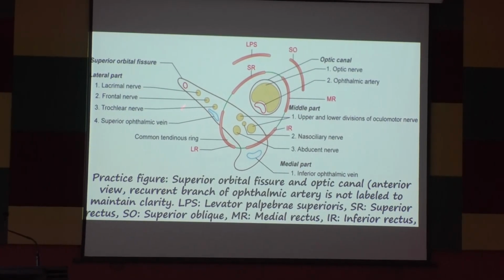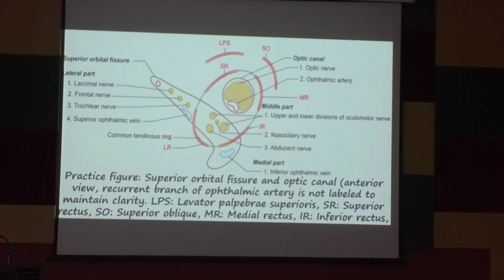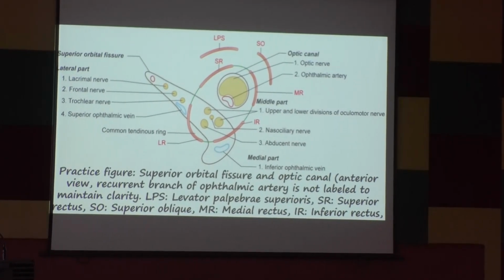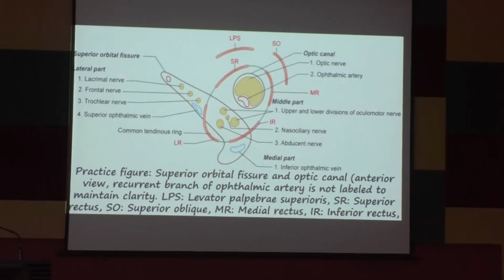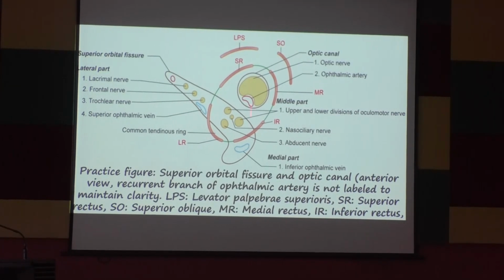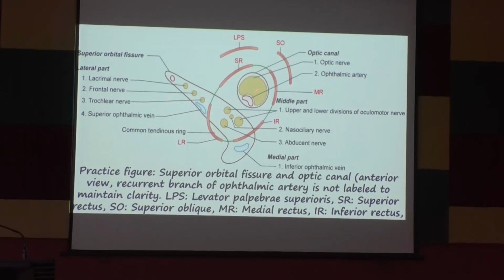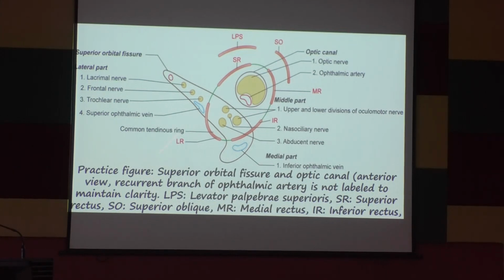Okay, and this oval-shaped ring is known as the common tendinous ring, or annulus of Zinn. It gives origin to the four recti muscles. The four recti muscles are superior rectus, inferior rectus, medial rectus, and lateral rectus. These are the four recti muscles originating from the annulus of Zinn, and it is dividing the superior orbital fissure